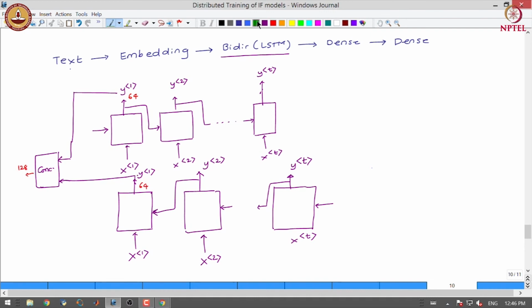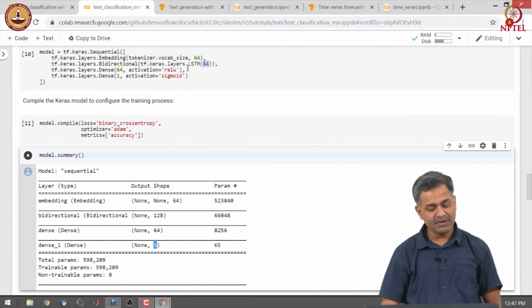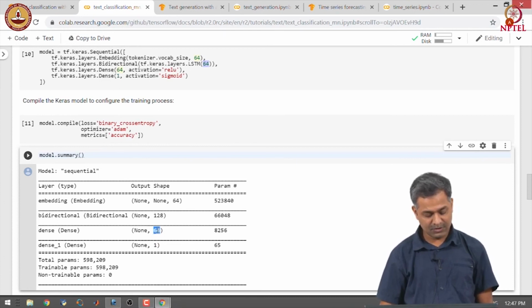We perform this concatenation at each position, and each one of them will output 128 numbers. These 128 numbers are passed to a dense layer, which has 64 units.